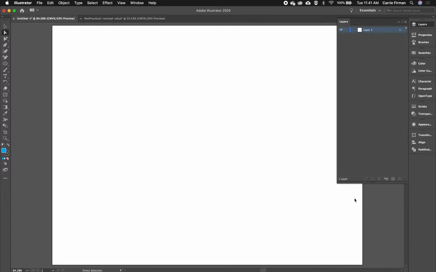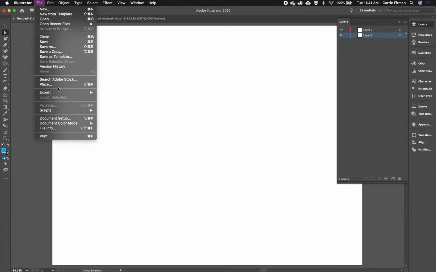Video, I'm going to trace a shape from a photograph in Illustrator with the pen tool. So first I'm going to open my layers panel, and I've got one layer here. So the first thing I'm going to do is make a new layer, and this will be the layer that I draw on. So I'm going to go back to layer 1, and in the File menu, I'm going to